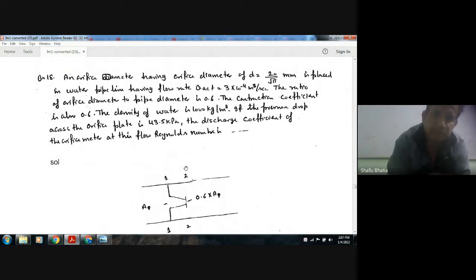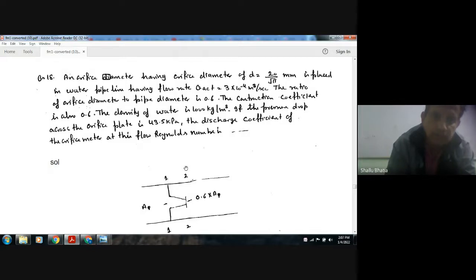An orifice meter having orifice diameter D equal to 20 by root pi mm is placed in a water pipeline having actual flow rate Q of 3 into 10 to the minus 4 meter cube per second. The ratio of orifice diameter to pipe diameter is 0.6. The contraction coefficient is also 0.6. The density of water